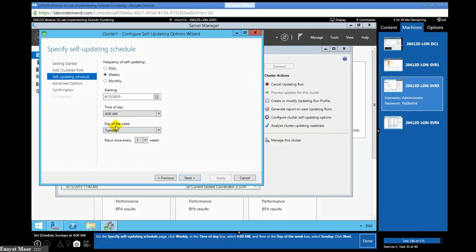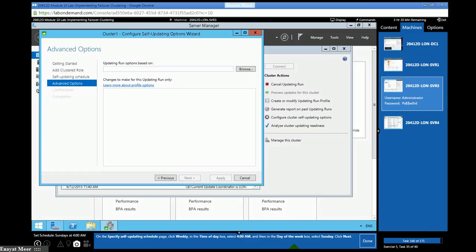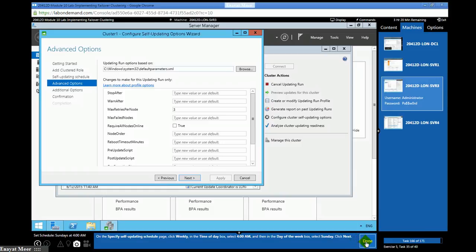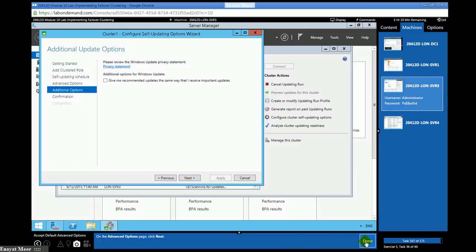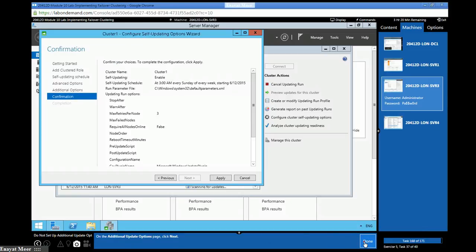It's just a customization of updating, so you can customize it the way you want. From the advanced page, just review and next. And apply.